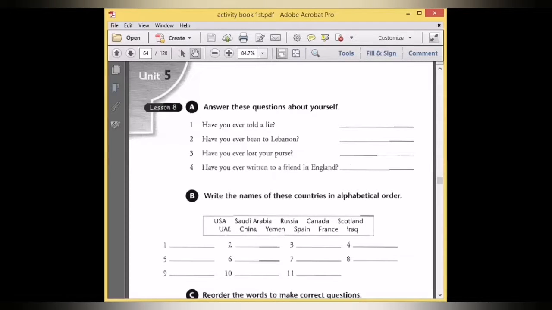So let's begin with exercise A on page 64 of your activity book. It depends on you, but the idea is that when you want to answer such questions like these, have you ever told a lie? Have you ever been to Lebanon? Have you ever lost your purse? Have you ever written to a friend in England? The idea is that when you want to answer such questions,